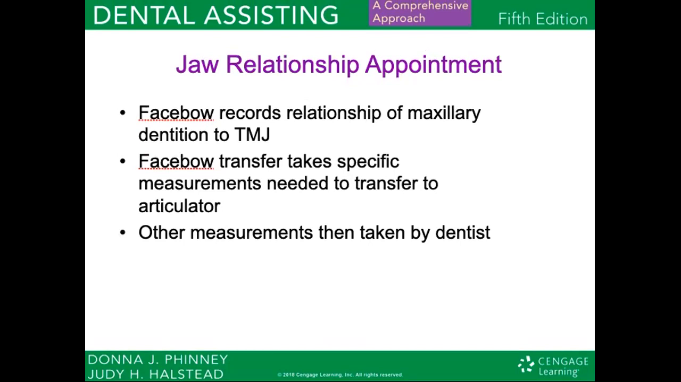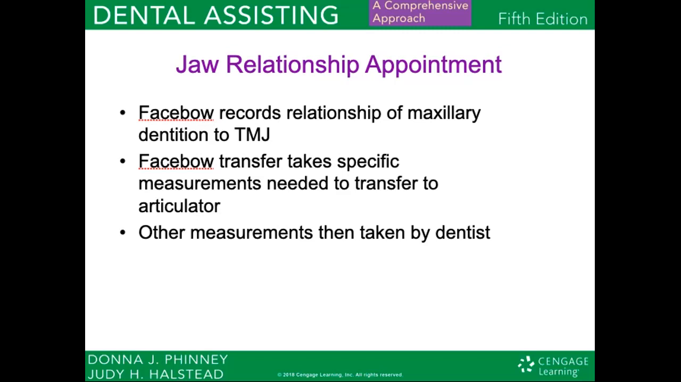The specific measurements taken by the face bow include the vertical dimension, which is the vertical measurement of the face between the 2 points above and below the mouth. The centric relation is the position of the mandible when the condyles are positioned posterior superiorly or unstrained position in a glenoid fossa. The intercuspation is a measurement that takes the cusp to fossa relationship of the upper and lower posterior